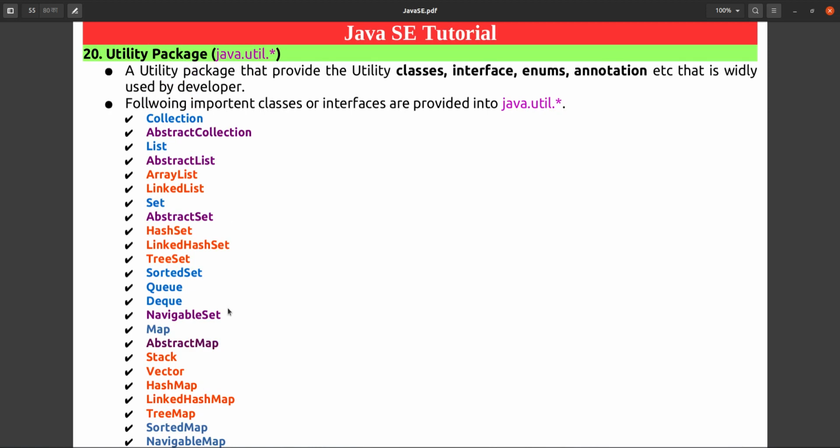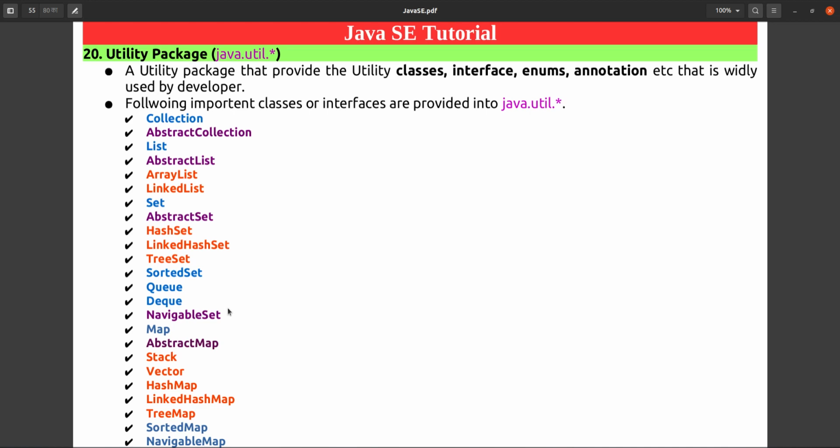We may develop those utility classes on our own, but that is not required. If we develop those classes or interfaces, we have to test them first and check all the scenarios. While testing, we have to check all the possible inputs.